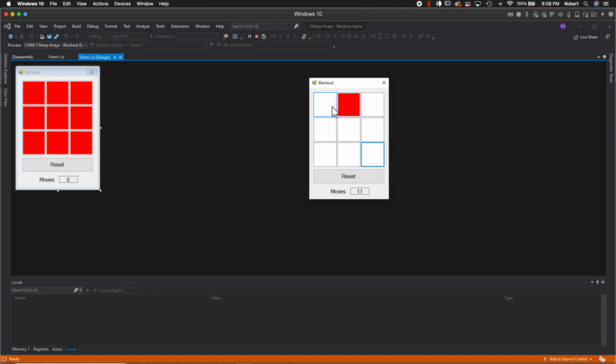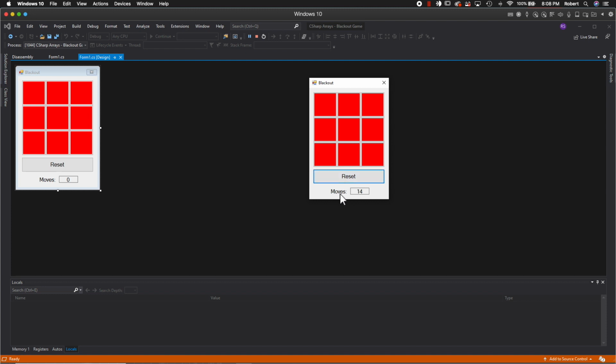The goal is to change the colors of the buttons to all white or all red. So for example, if I were presented with a puzzle like this, let me go ahead and solve it in a couple of moves. If I click over here, here, and here, you'll notice now that I've won the game. In fact, if I click on any of these buttons, can you hear me clicking on the mouse? It's not going to work. Why? Because I've solved the puzzle, and so we can't go forth. The only way to continue is to click the reset button and then go from there.